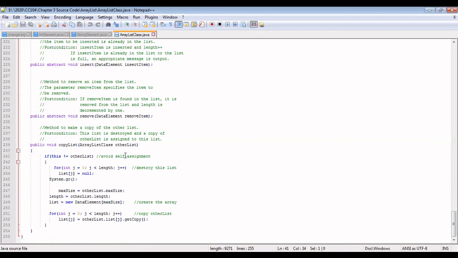If the list making a copy of other list is non-empty, then first it is destroyed. Similar to the method print, it can be seen that the copy constructor is of big O of n. You can write the definition